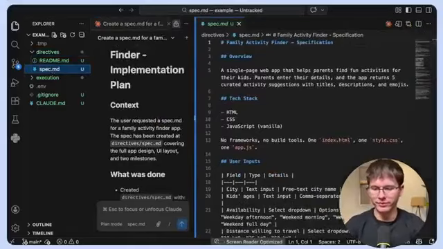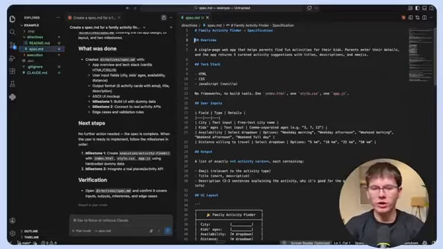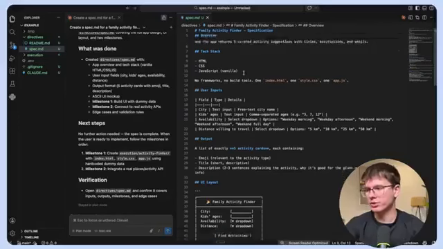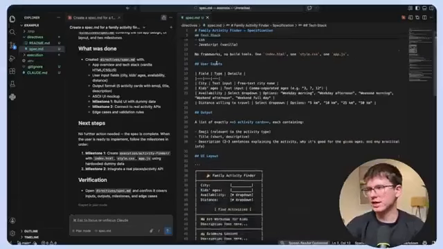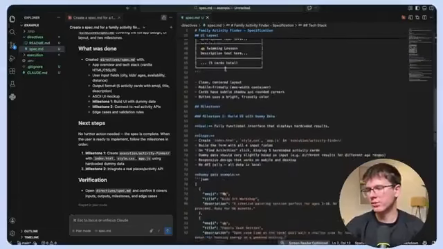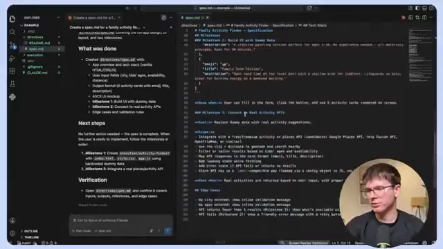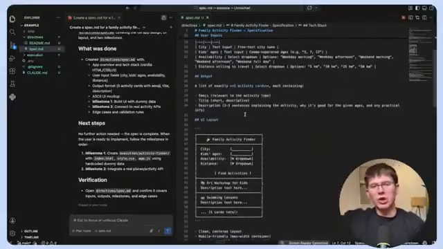Let me zoom out a little bit. That tells us the overview of the exact app that we're going to use, right? So we have the overview, tech stack, user inputs, output, UI layout, milestone, and we have dummy data examples, milestone 2, and so on. This gives a lot more clarity and structure to Claude Code later on when you are